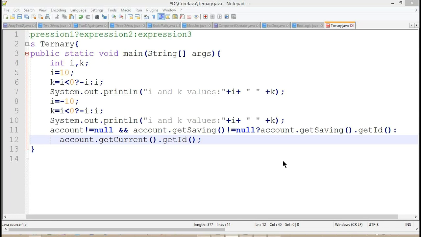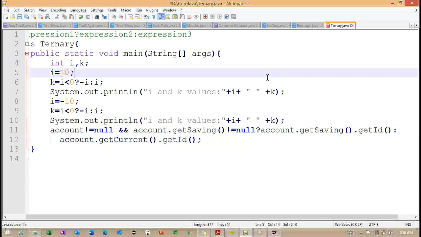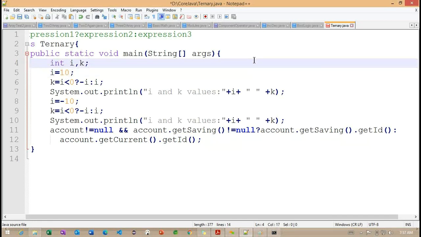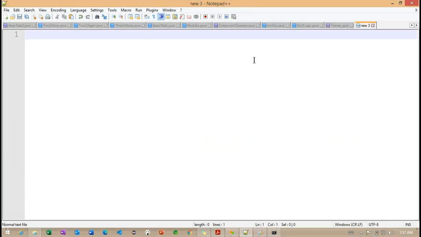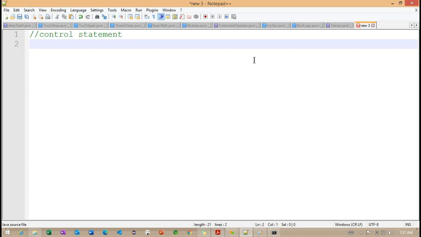Okay. So back to here, after completion of these operators, we are going to discuss control statements. Control statements are nothing but, the simple example we already identified, the if statement too. So how we are going to work with the particular if condition block. Along with this if block, we are going to check some additional blocks as well. So now let me write here control statement.